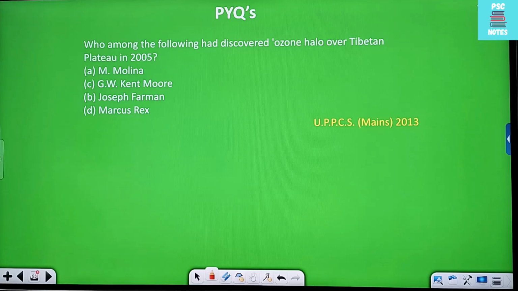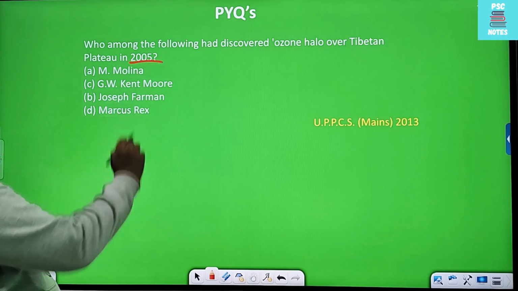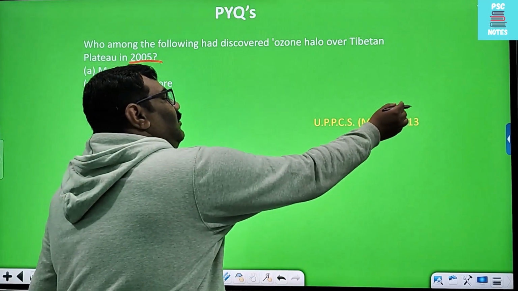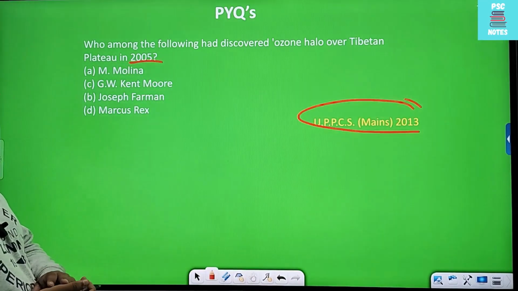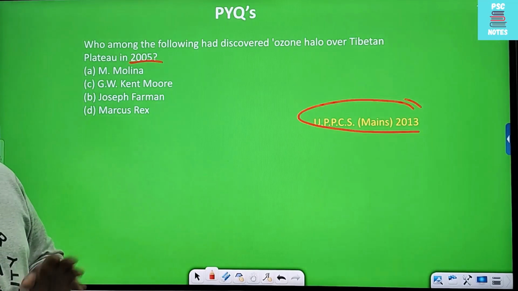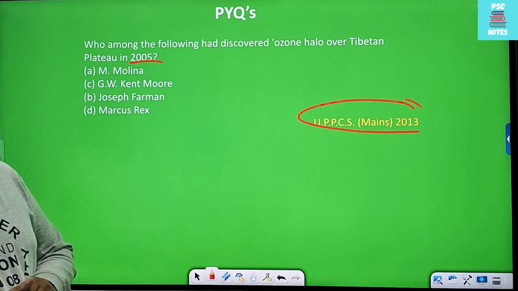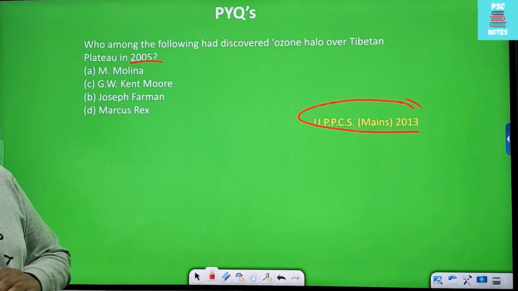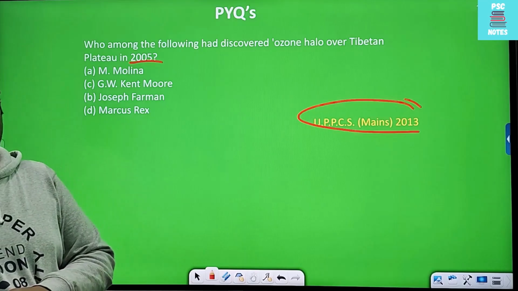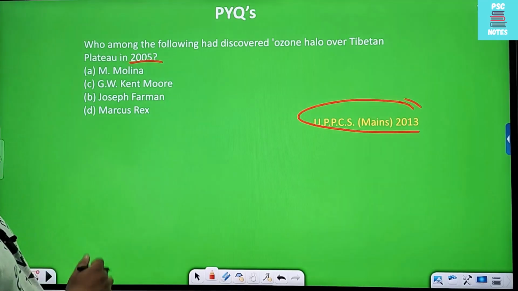Now who among the following had discovered ozone hole over Tibetan plateau in the year 2005? So it was asked in UPPSC मेंस 2013. तब तक UPPSC में ऑब्जेक्टिव ही मेंस में आते थे क्वेश्चन, 2 पेपर होते थे। प्रेजेंटली तो दे हैव अ 6 पेपर, ठीक है। तो इन 2005 GW केंट मोरे, कैनेडियन साइंटिस्ट, डिस्कवर्ड ओजोन हेलो ओवर तिब्बतन प्लेटू।